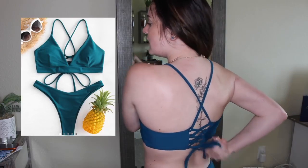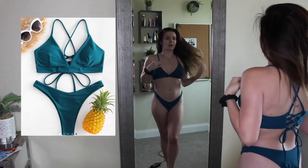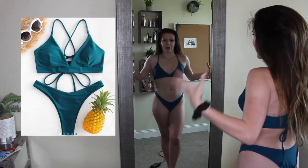There's a corset thing on the back to do that, but this is definitely less supportive than a bandeau, which is kind of weird. More flimsy, but I feel like if I tighten the straps then it'll be better. But definitely not great for broad shoulder women, you know? This style makes me feel a lot bulkier, like broader and bigger, you know? So